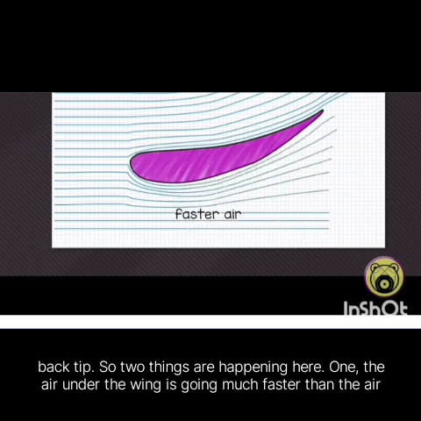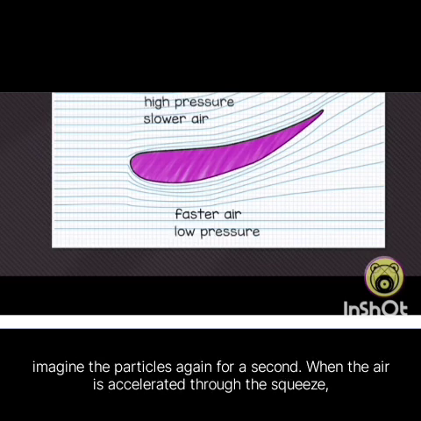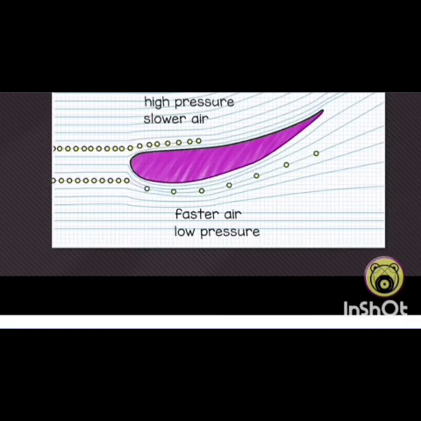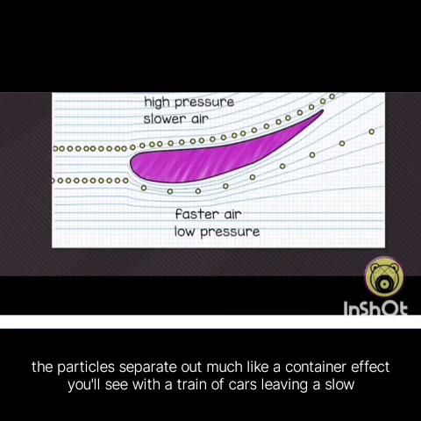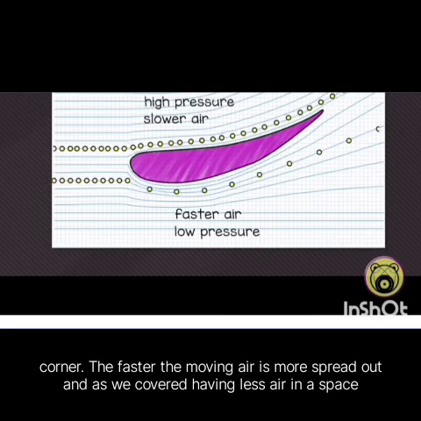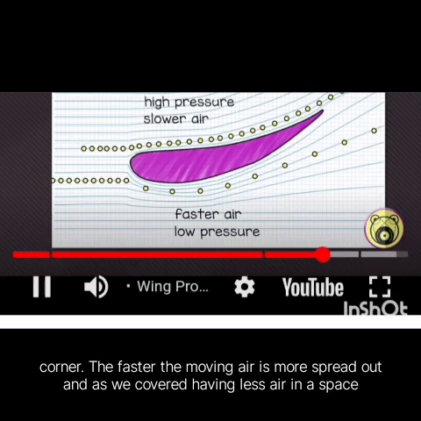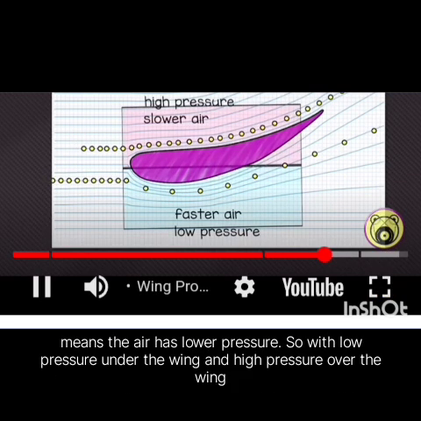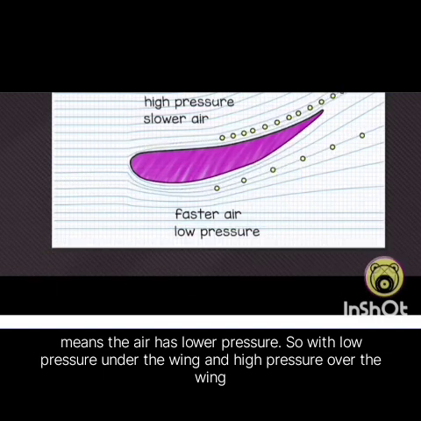So 2 things are happening here. 1, the air under the wing is going much faster than the air over the wing. This means that the air under the wing is at a lower pressure. Why? Well, let's imagine the particles again for a second. When the air is accelerated through the squeeze, the particles separate out, much like a concertina effect you'll see with a train of cars leaving a slow corner. The faster moving air is more spread out, and as we covered, having less air in a space means the air has lower pressure. So, with low pressure under the wing and high pressure over the wing, we know